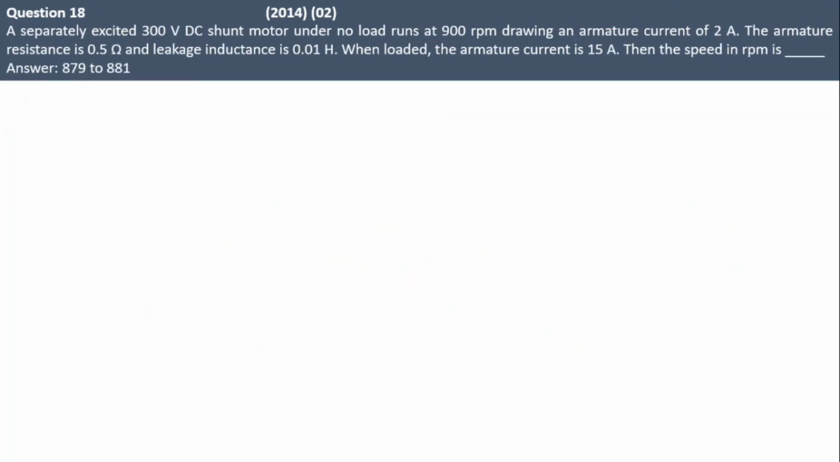A separately excited 300 volt DC shunt motor under no load runs at 900 rpm, drawing an armature current of 2 amps. The armature resistance is 0.5, leakage inductance no need. When loaded, the armature current at full load is 15 amps and I1 equal to 2 amps at no load. N1 how much? 900 rpm. At 15 amps, what will be the